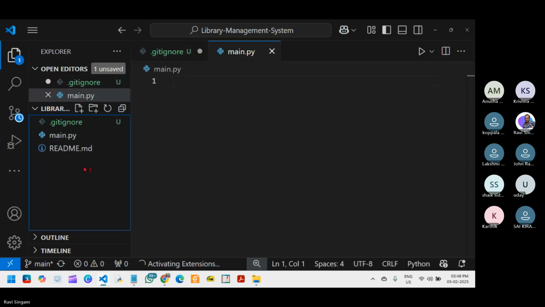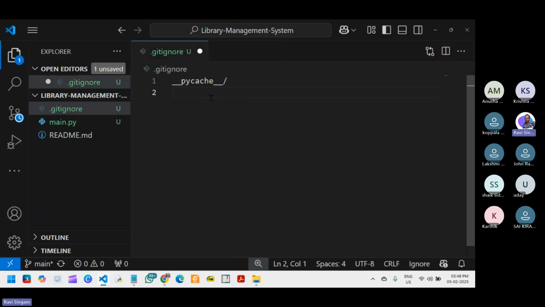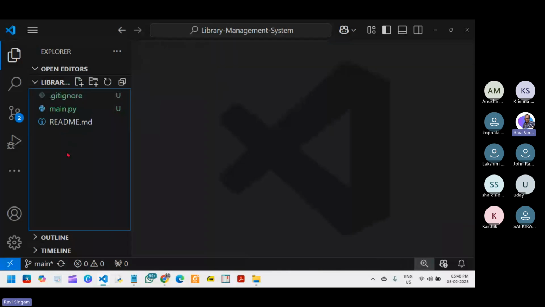So what are we going to add to this file? Main.py is a Python file. We didn't add anything now. So we made one change to this .gitignore. We did add one line. Let's save it. Because it is a git folder, whenever you add a new file,